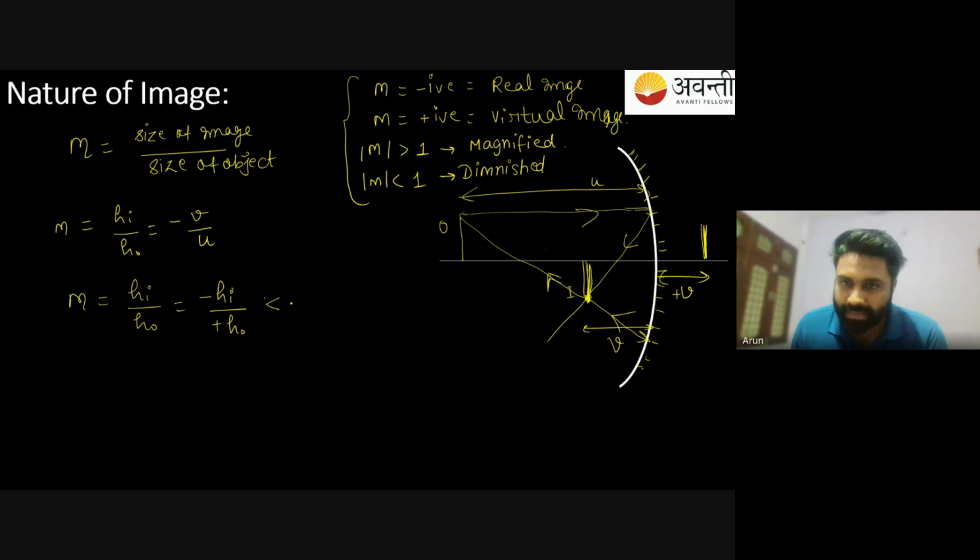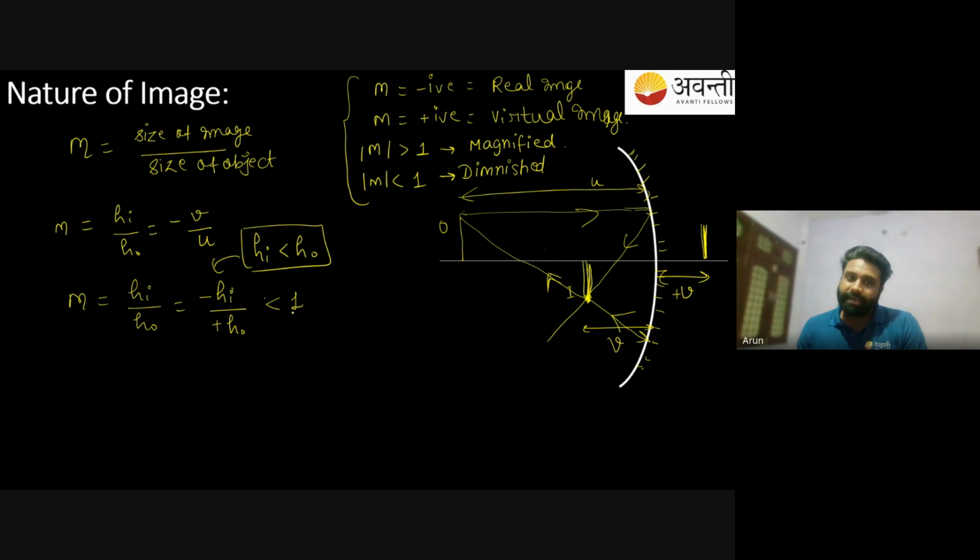Negative, or less than 1. If height of image is less than height of object, then this ratio would come out to be less than 1 and negative. So if m is less than 1 and negative also,